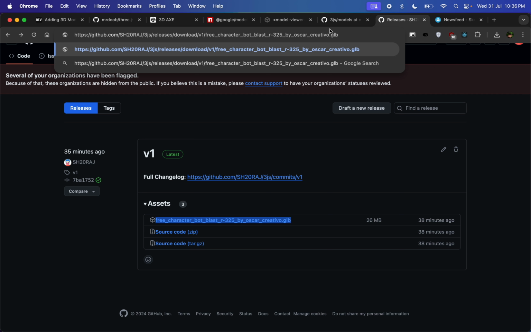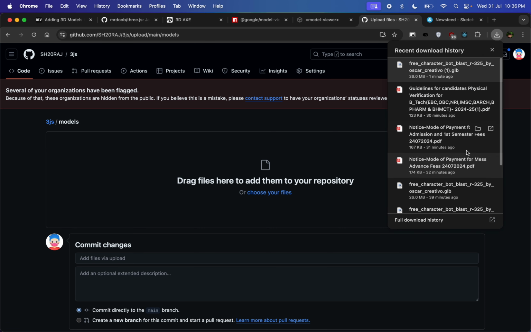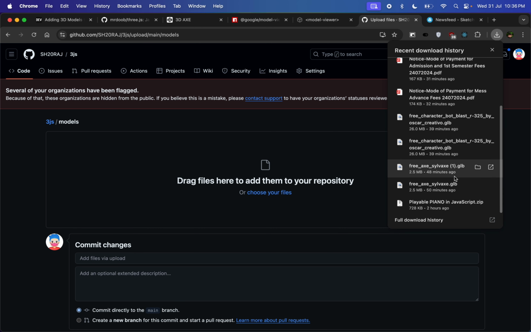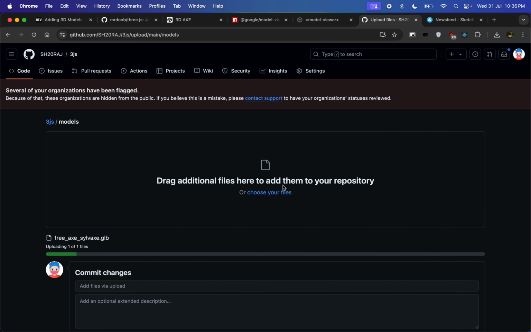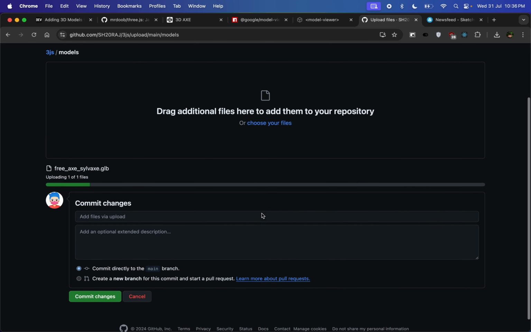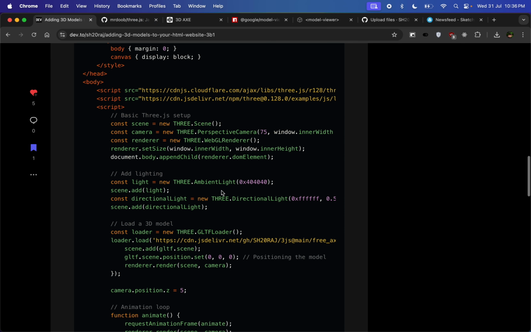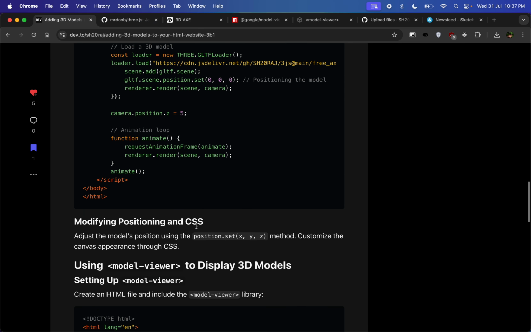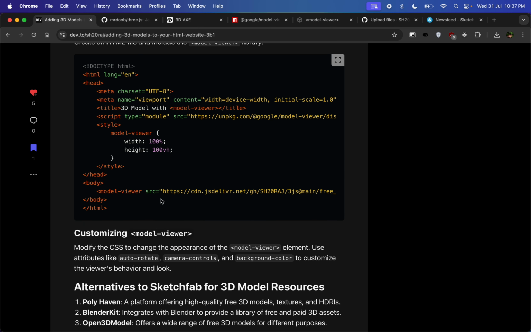Link address will look like this. Let's close this, and now we have to host it. You can also use other hostings. I'm using GitHub because it's code related stuff, so it's all together. For now, three.js is not that complex, but still we are going with the model viewer because